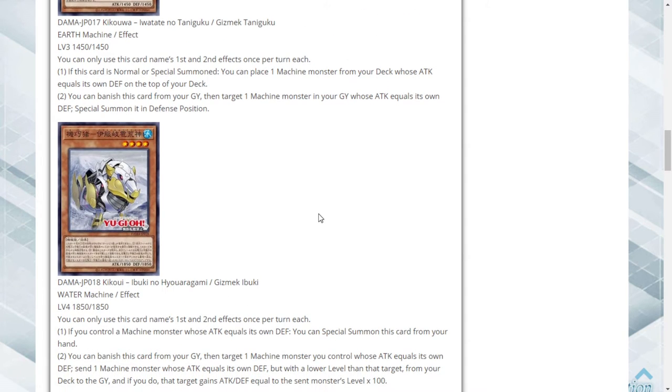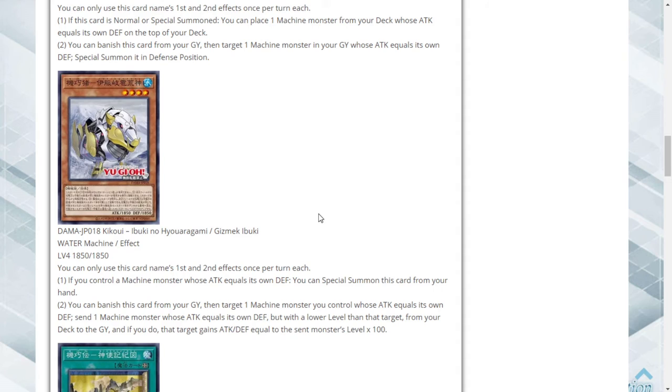Next up, Gizmek Ibuki, Water machine effect, level 4, 1850 attack, 1850 defense. First and second are hard once per turn. If you control a machine monster whose attack equals its own defense, you can special summon this card from your hand. You can banish